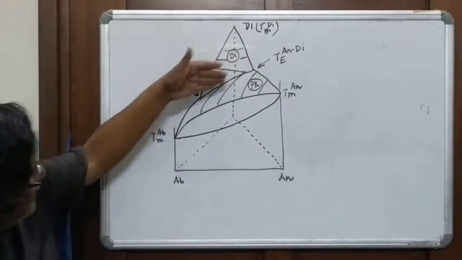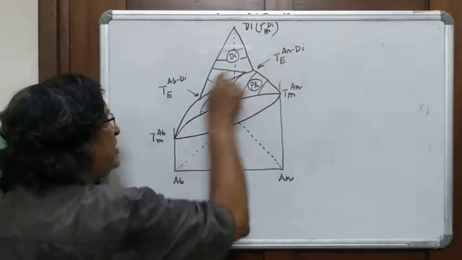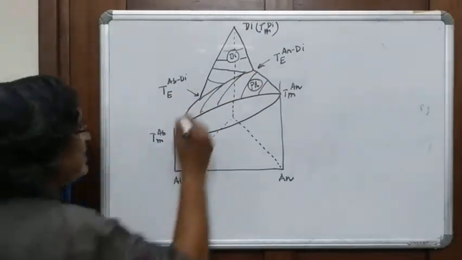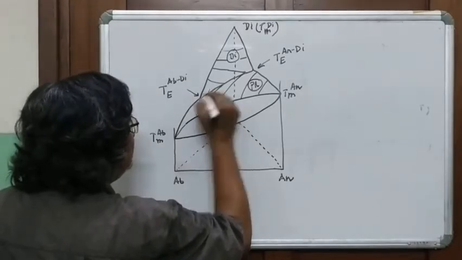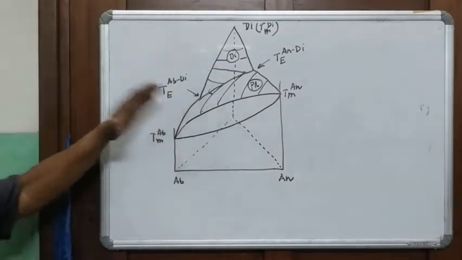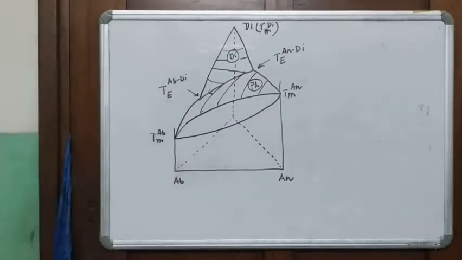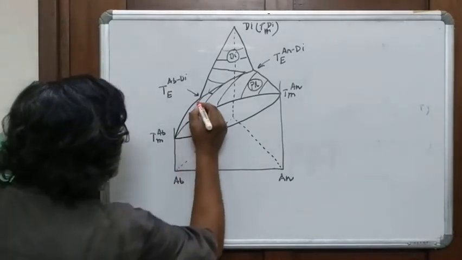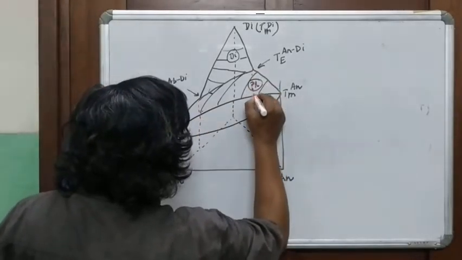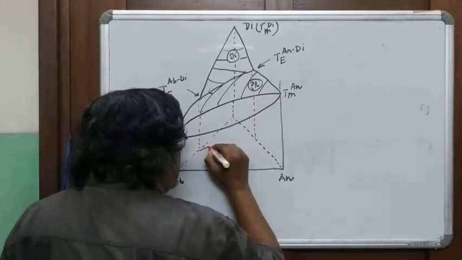So you have two phase fields, the diopside phase field and the plagioclase phase field. And the two intersect along a line which connects the eutectics between anorthite-diopside and albite-diopside, and this is the direction of the eutectic, and the melting temperature decreases in this way. This boundary curve slopes this way. So if we now project these points onto this diagram, and this point onto this diagram, and then I join this line